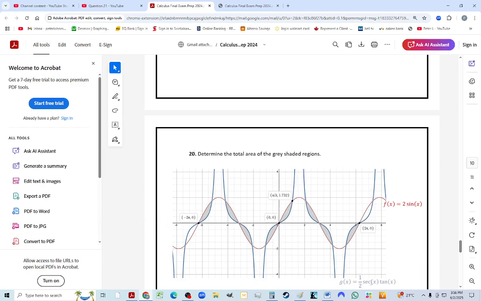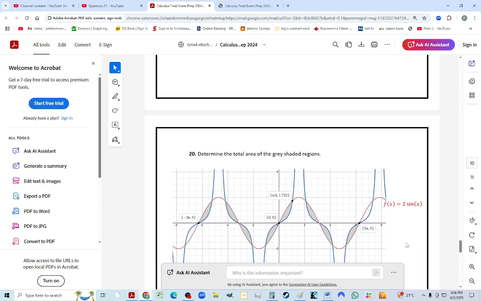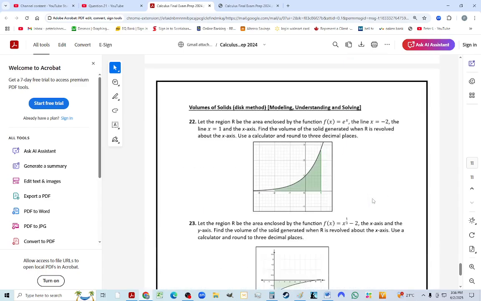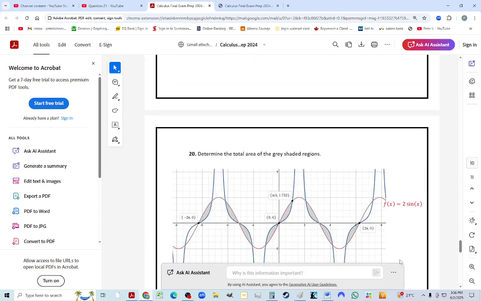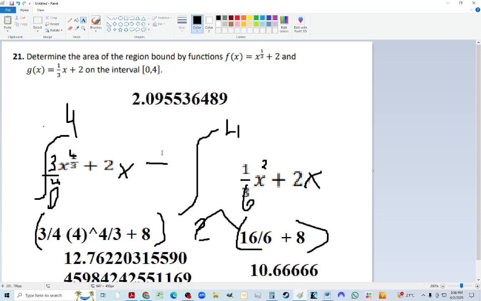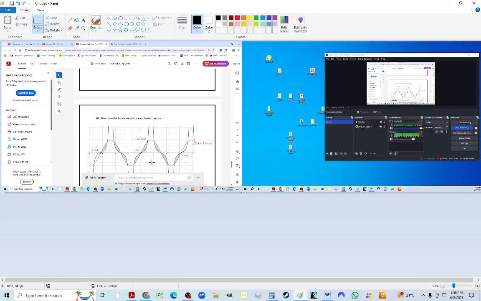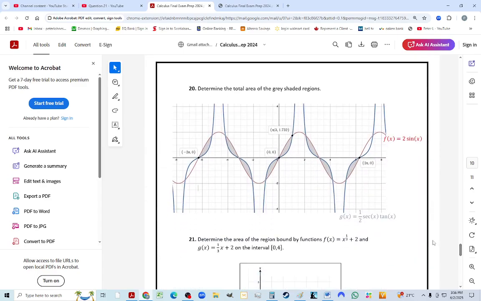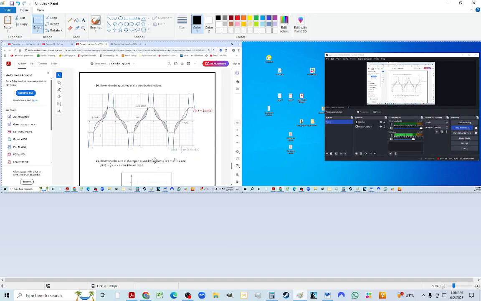And this graph here is a secant tan. So the secret is knowing what is the antiderivative of those? Let's see if I got it before the screen came up. No, I didn't. Of course not. I don't want to ask an AI assistant. So the secret is what's the antiderivative of these particular functions? And that's the hard part. That's really what they're testing you on. And they're also testing you on if you know how to take